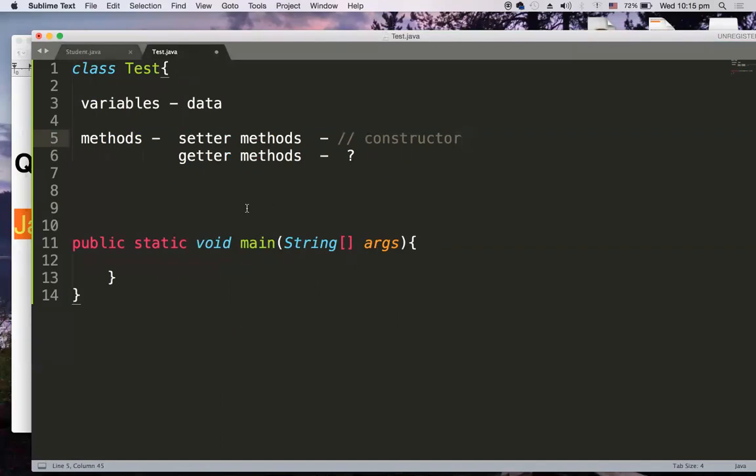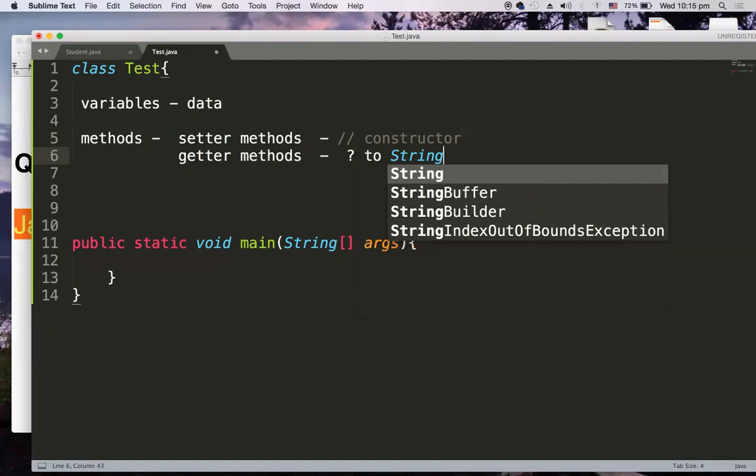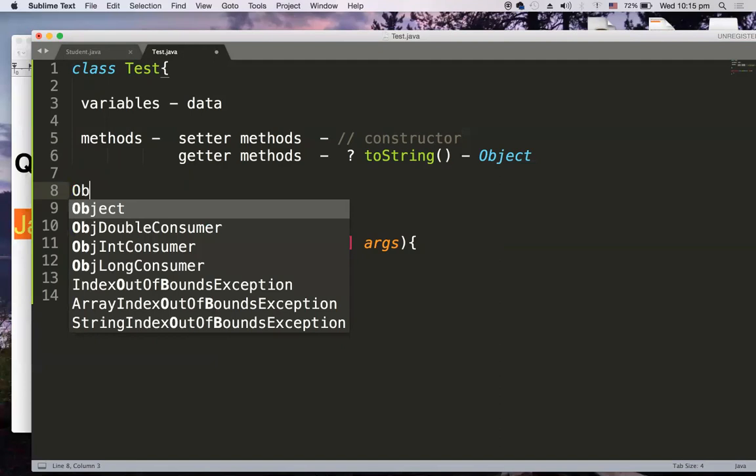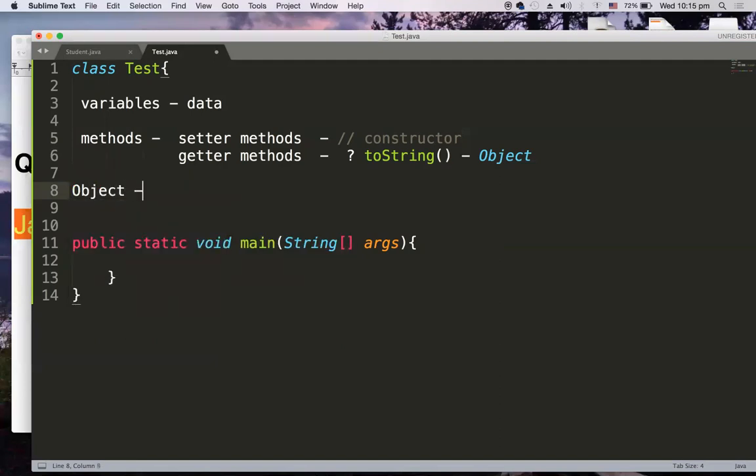There comes the use of the toString method. toString is written combined, as one word, and this toString method is a method of a class called Object class. It's a method available in the Object class. I have a question on Object class actually. Object class is considered to be the super class of all Java classes. That means every class that we are writing is implicitly a subclass of Object class.